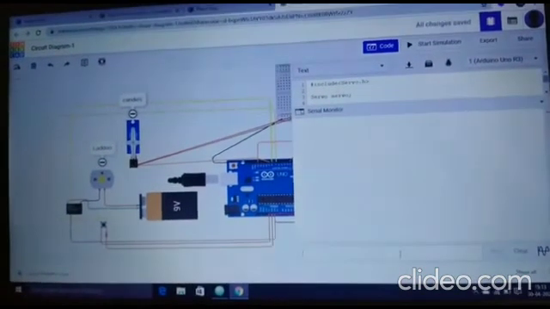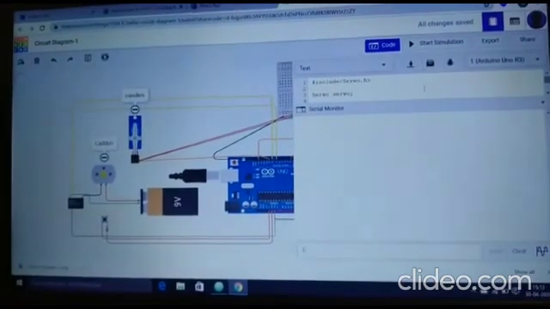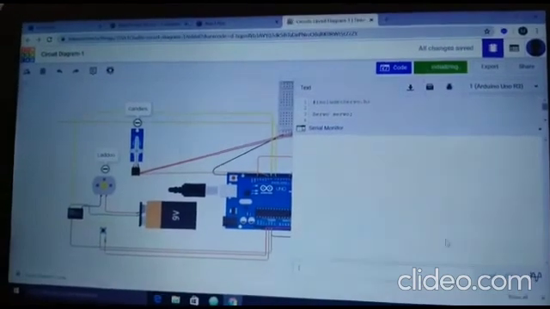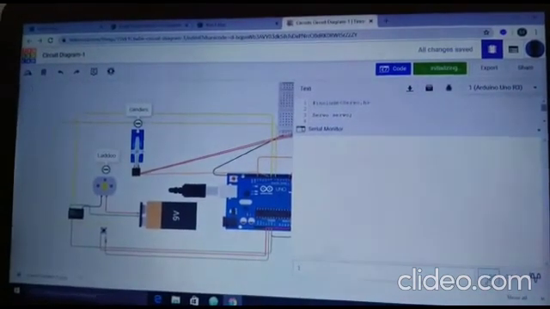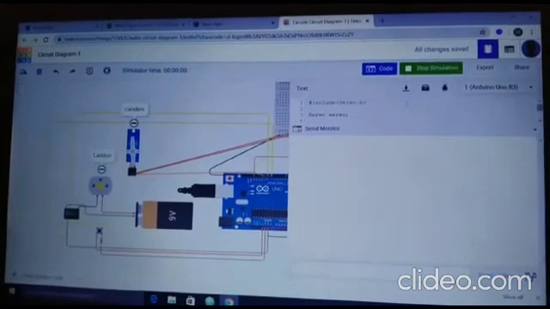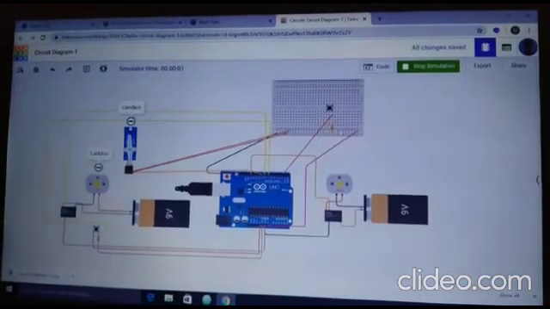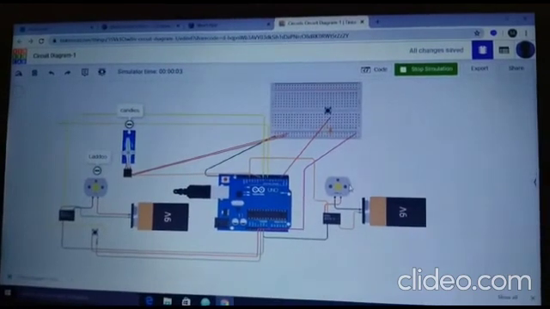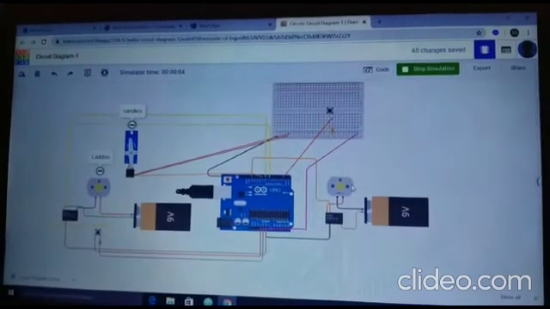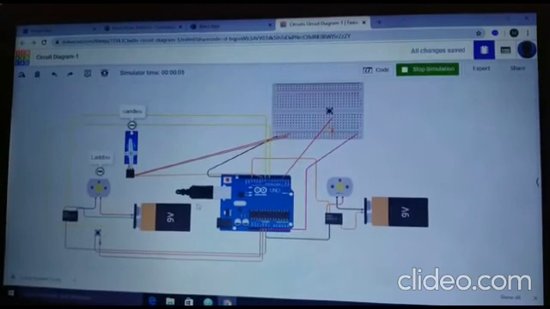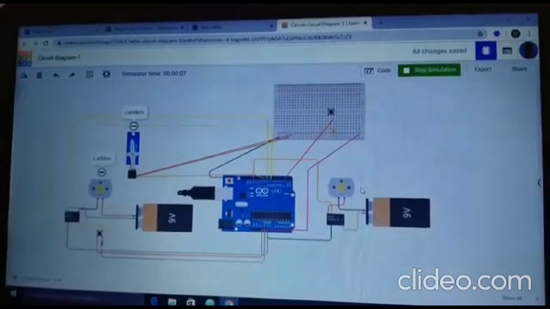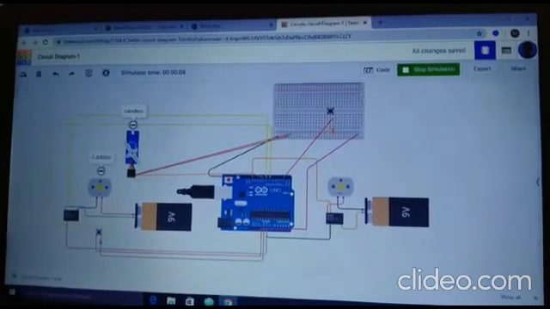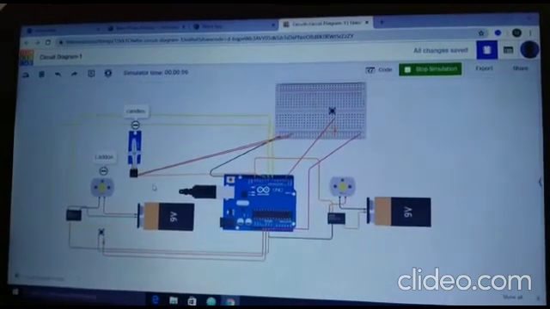So if the user input is 1, first this motor rotates for 5 seconds. And the user doesn't want laddu, so it just passes away for another 2 seconds. Now this servo motor rotates and serves candies.